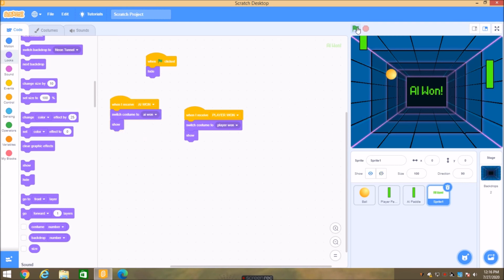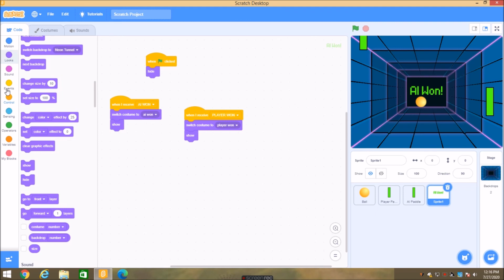Okay, AI1. AI1 again, and it doesn't show that AI has won. It doesn't stop the game, I guess.